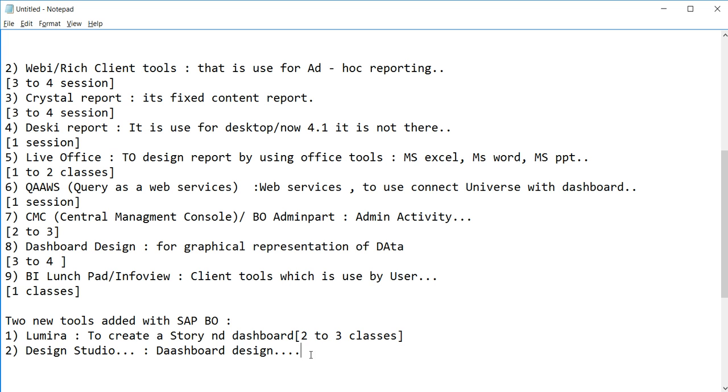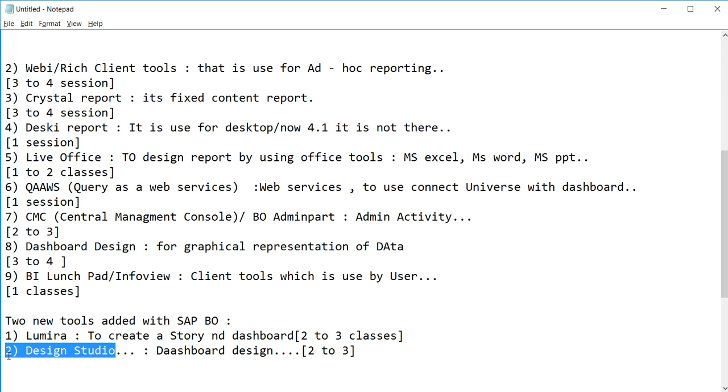For Design Studio, I'm not sure, because I have not yet checked how Design Studio works. But after one month I will be able to explain something about it, so I'm writing about two to three classes. I'm just starting to work on Design Studio because it's a new tool.